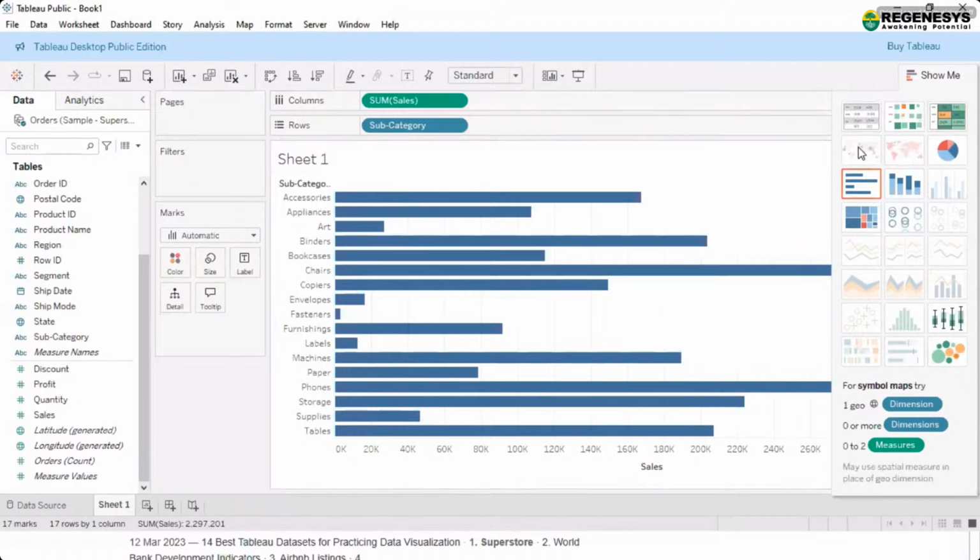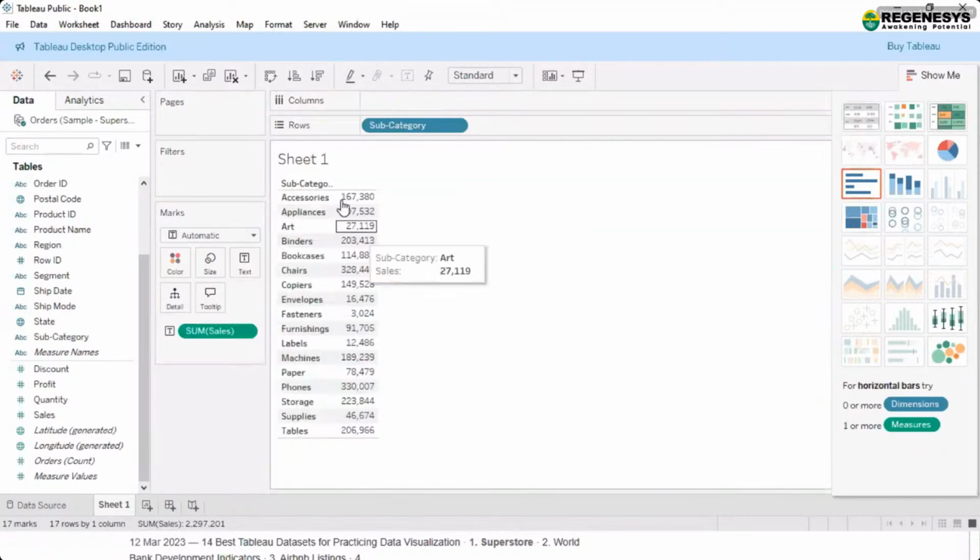So you can see what I have is the sales and subcategories in text format. Now here you can see that I have two fields, one is the subcategory and second is sales. Now I want to apply a filter. For example, if I want to apply any filter, that filter will come here in this box.